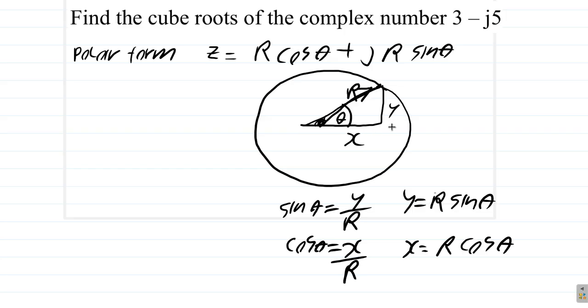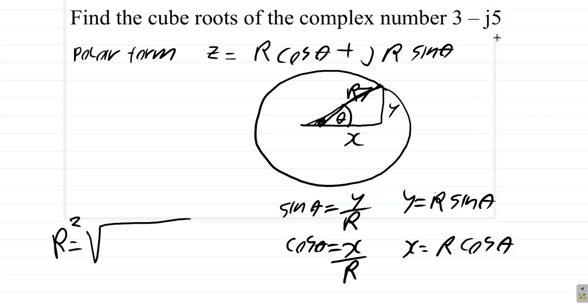All right. So here we write in polar form. We need to find out what theta is and what r is. R is going to be the square root of. By the way, let's look at